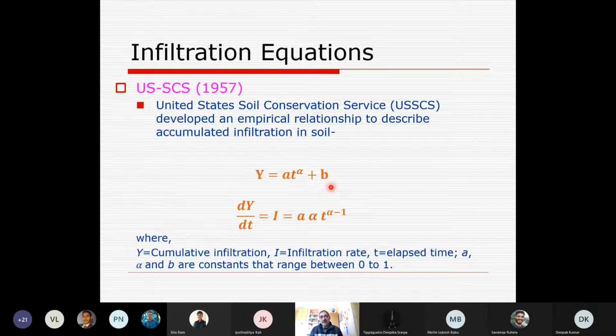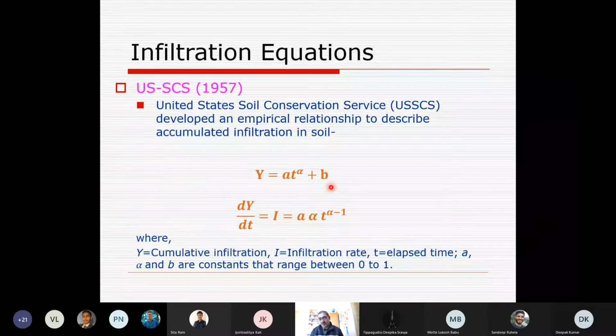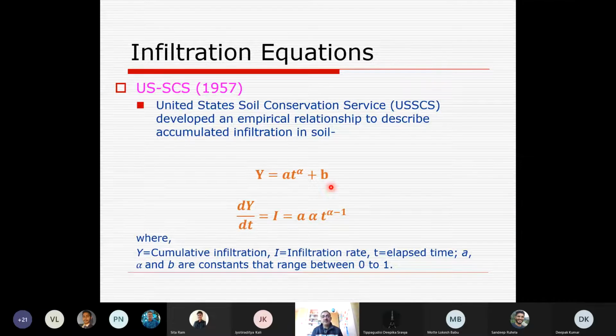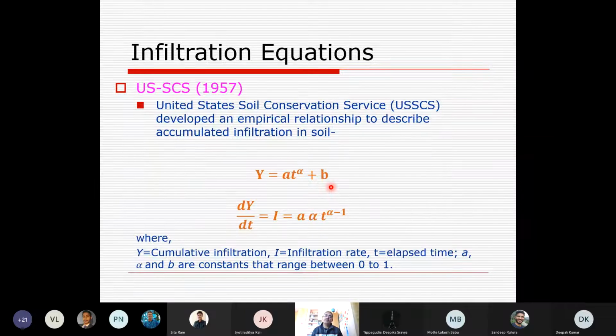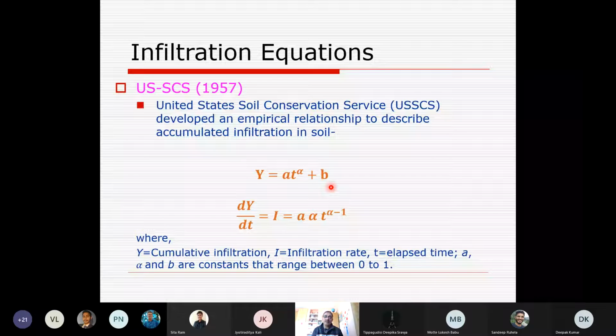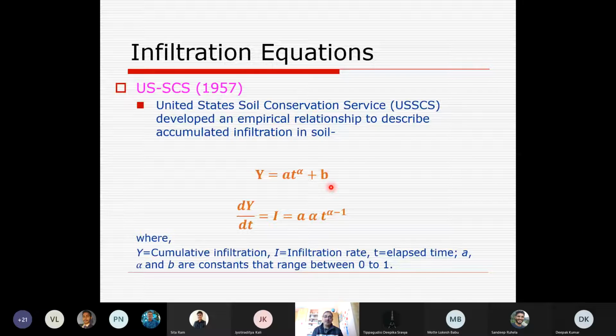Now, remember, if you are asked to measure the infiltration rate or infiltration characteristics of a particular soil, you have to go for experiments, and there are basically only two methods: single cylinder infiltrometer and double cylinder infiltrometer. But if we have observed data for the soil properties in terms of infiltration, we can set up four equations or four models to find out continuously the infiltration characteristics of the soil with respect to a certain condition. To make it clear, I have taken one example of the Phillips equation